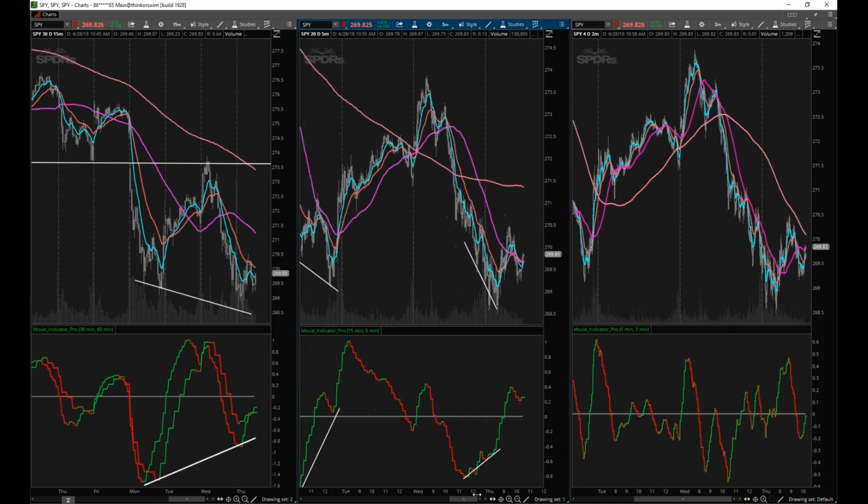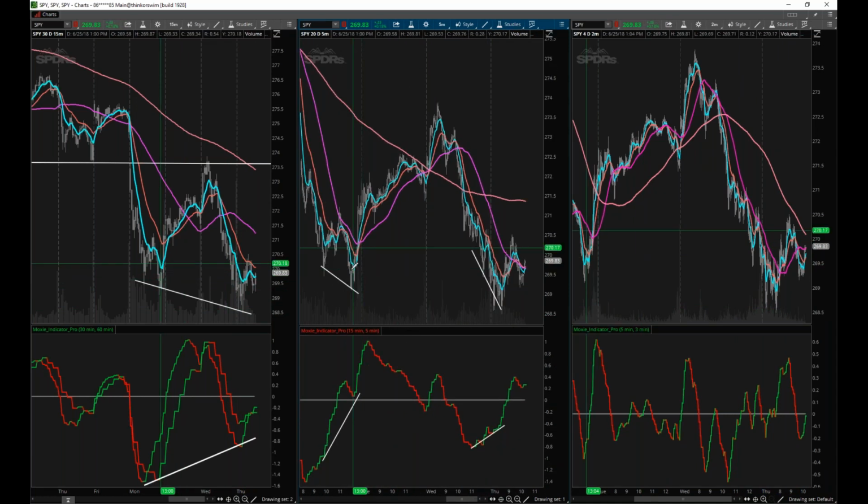Let me zoom out just a little bit. Remember this situation where price was below the 50 on the 5-minute, but the indicator was above 0? Look what we have coming right here. Price tried to get above the 50, couldn't, so came down here, and now we have a big positive divergence situation happening. We had price below the 50, but the indicator stayed above 0. Just like I showed you on some of the exits, that negative divergence, this is positive divergence, and this is going to be important because now we have price back over the 5-minute 50 and the indicator over 0, and there could be a little bit of a run from here to probably the 5-minute 200, which would also be about the 15-minute 50.